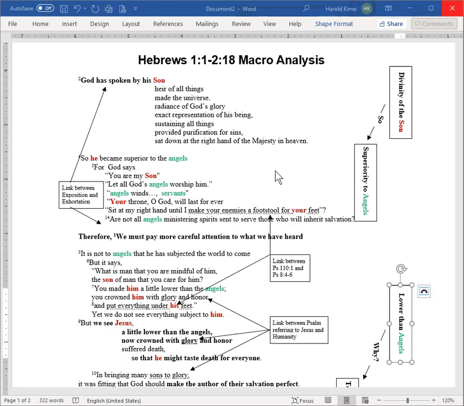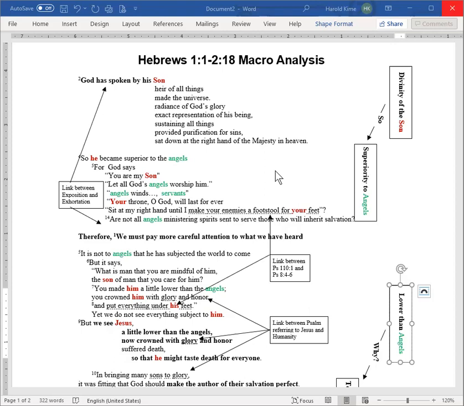You'll notice that in this macro analysis, Hebrews 2:1-5 is reduced to a single sentence. In the middle of this analysis, you'll see it says, "Therefore, we must pay more attention to what we heard." That's the only thing that's going to be left of that whole base unit. But you might recall that that is the most important idea that is found in verses 1 to 4